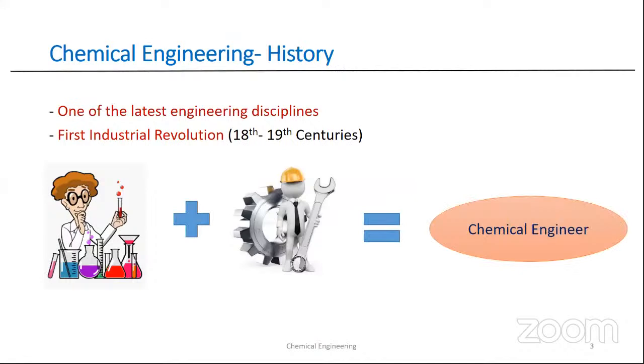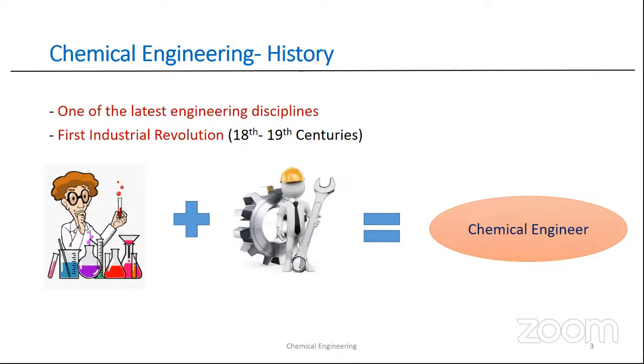So what happened? They combined these two in a new branch called chemical engineering. What chemical engineers basically do is get involved in the large scale production of chemicals and energy. But every engineer, all engineers,